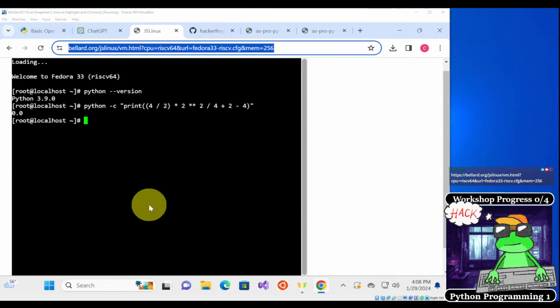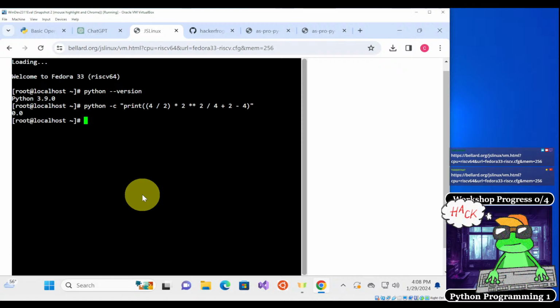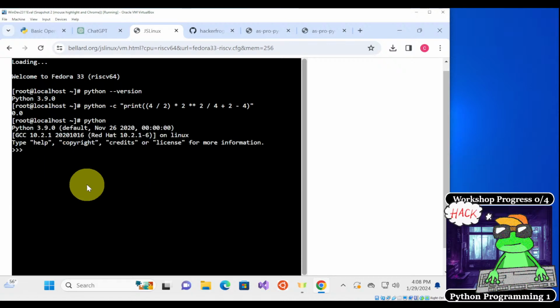You can paste that link into your web browser, and then you're going to get your own Linux command line. You can use that to access Python. Just type in python, and that's going to get you into the Python interactive interpreter right over here.